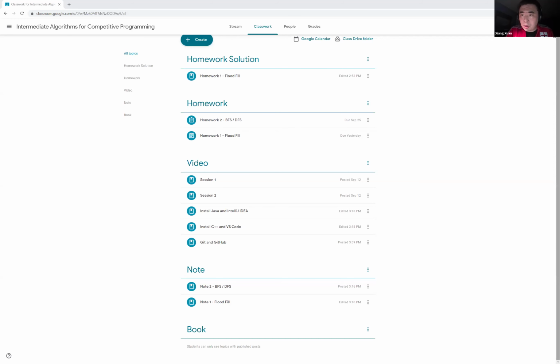I will skip some of the content I talked about in the morning. What I skipped is this one. I'm assuming you guys already know, actually, I don't know, are you guys using Java or C++? Basically, I'm assuming you know how to install the Java SDK and also install the IntelliJ IDE. If you are using C++, I'm assuming you know how to install the